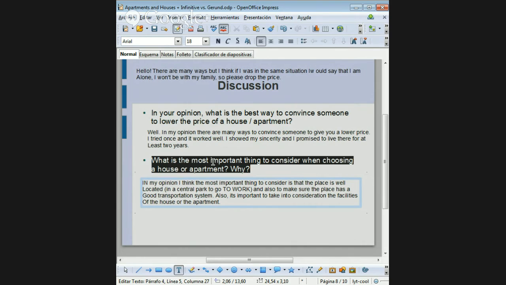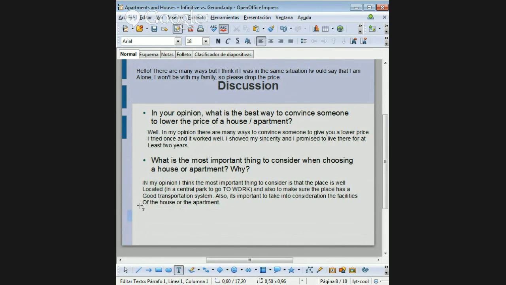can you ask Kako the same question? Kako, what is the most important thing to consider when choosing a house or apartment? Why? The most important thing, from my viewpoint, is that